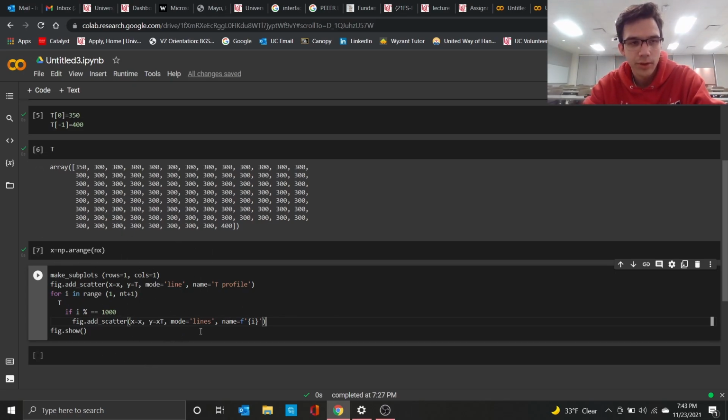Now that's all that I see that's left. Actually, this should be fig equals, not just make fig equals, make subplots. Now let's just put in our T here for our temperature profile, which is what we derived on the board. So let's do that now. All right, so now we're going to put in that temperature profile equation we found on the whiteboard into our Python, and then we can finally solve for this